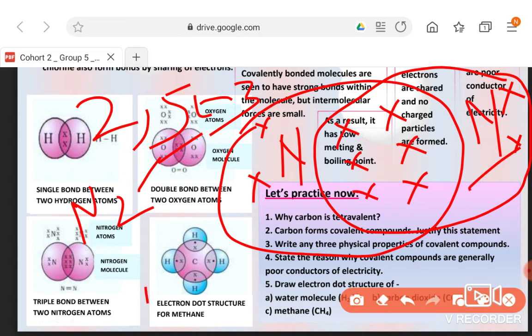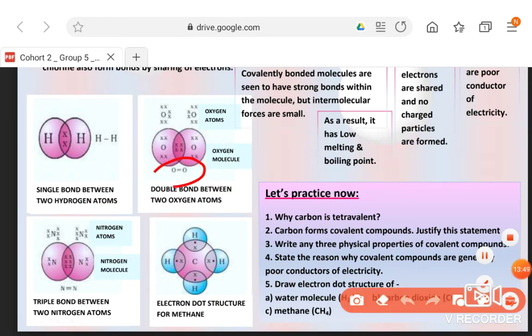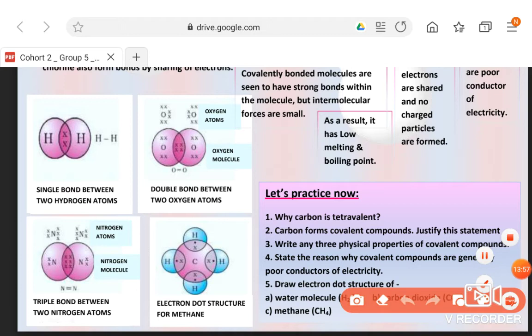And if we have to write it in structure formula, then how many bonds can we write? 1 pair, 2 pair, 3 pair. So N triple bond N. It is known as a triple covalent bond. The one we see in oxygen is a double covalent bond. Here is a triple covalent bond. And this is a single covalent bond, which will be beneficial for you in further videos and further classes.